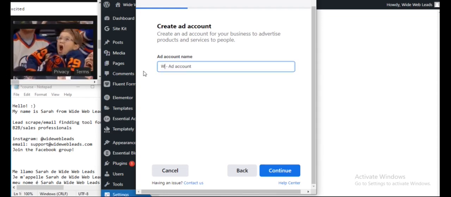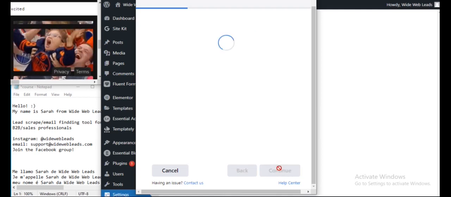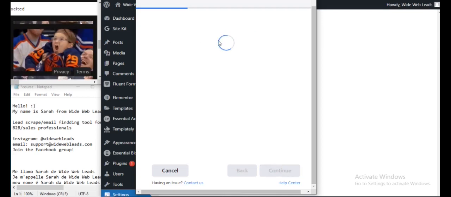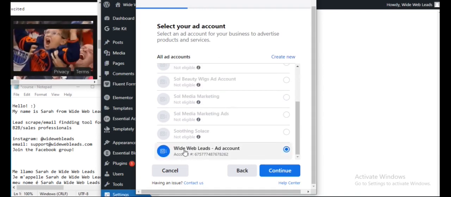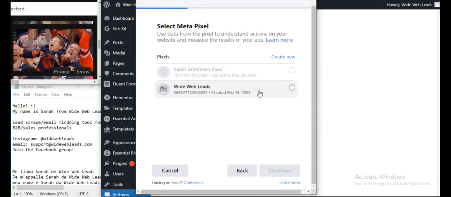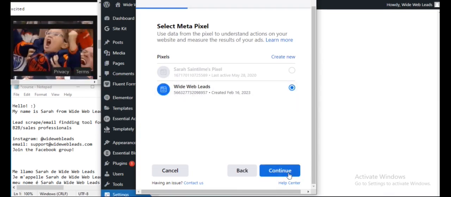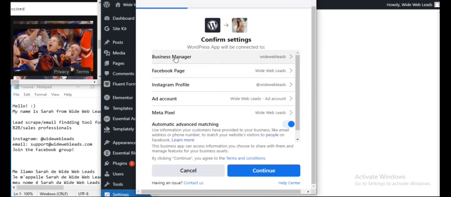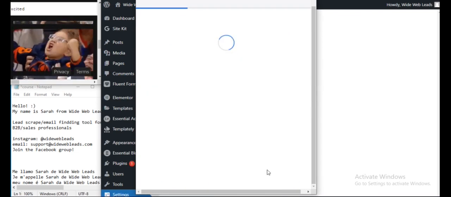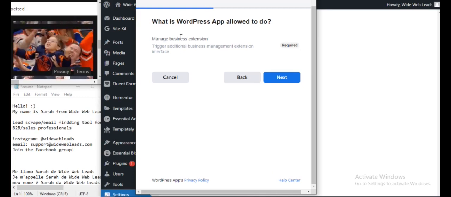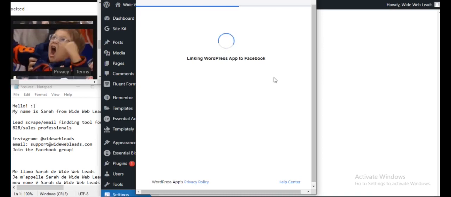I'm gonna say, so they make it very easy to do this. And there we go, continue. And Facebook Pixel was just created, so there it is. Okay, looks like everything's good to go, and continue. Okay, we'll go next.